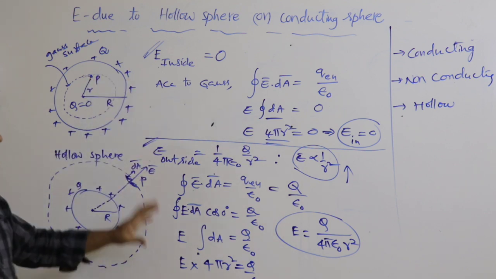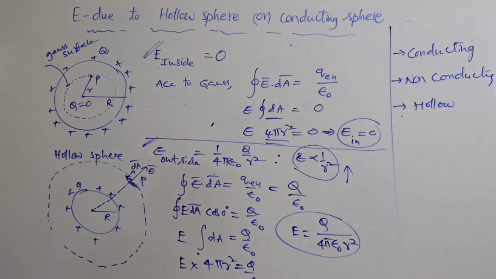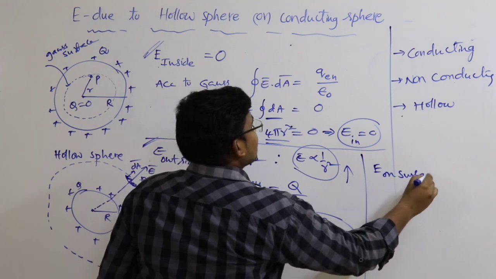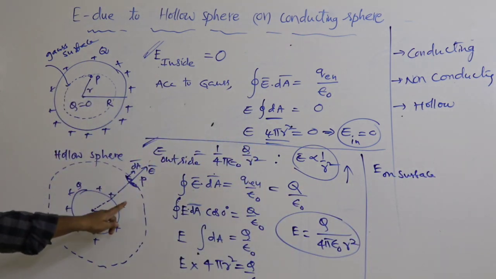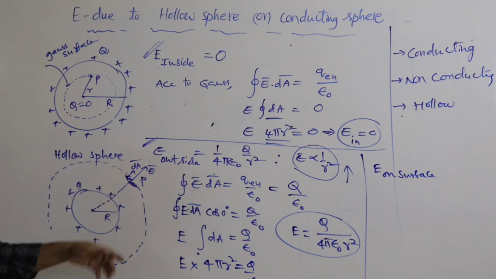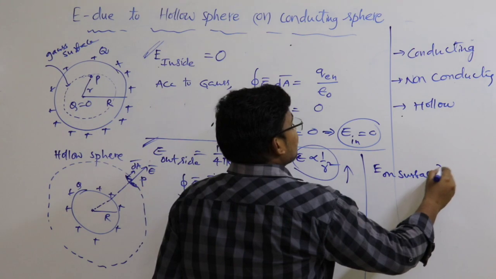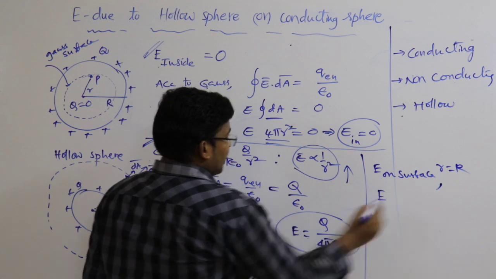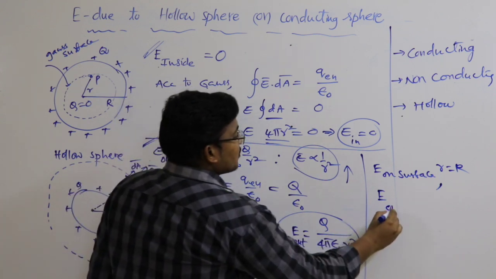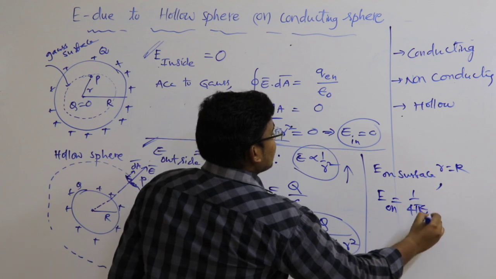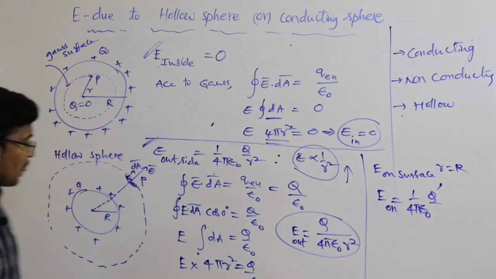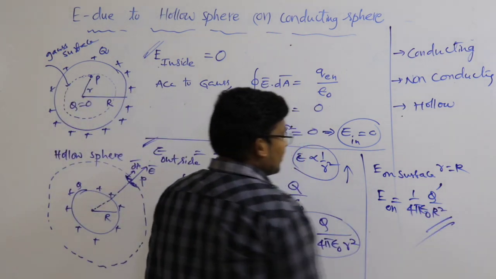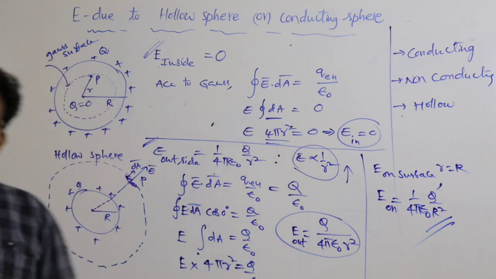Okay? Now, sir, if I want the field on the surface. For on the surface, what is the radius of the Gaussian surface? Capital R only, which means you can take small r equal to capital R. Now you can say the formula for E on the surface: 1 by 4 pi epsilon naught q by, in the place of small r, the surface has radius capital R, so q by capital R square. So these formulas only we got in electrostatics, right?